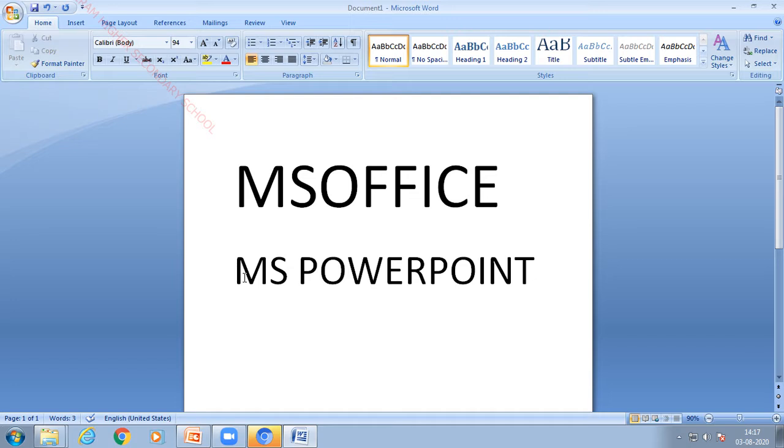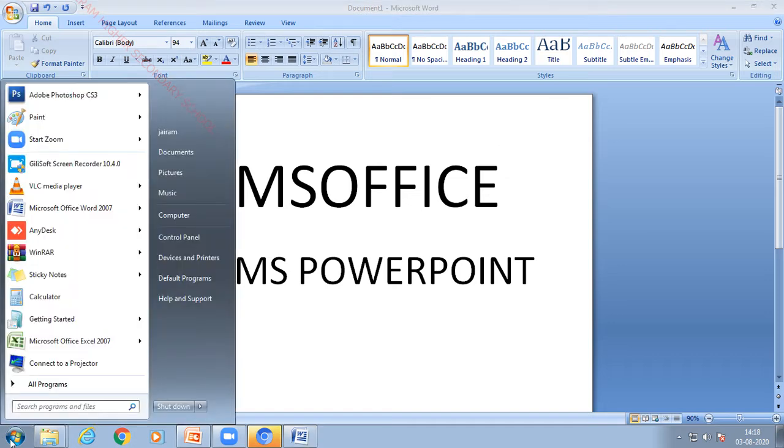Let us see how to open MS PowerPoint. To open MS PowerPoint you have to press the start button on the keyboard. It will look like a flower symbol, or you have to press the start button on the taskbar. So now I am going to choose the taskbar. After selecting this start button you will be getting a start menu. In this menu you will be having a lot of predefined applications.